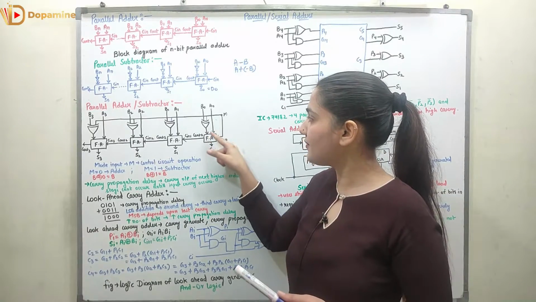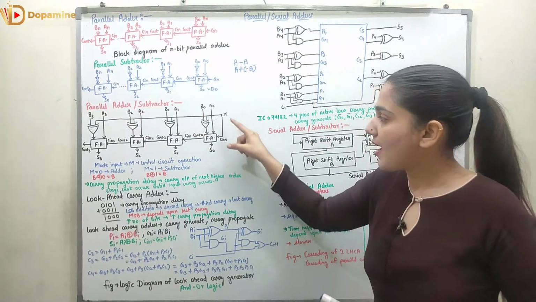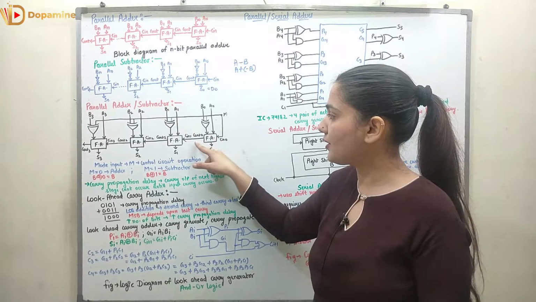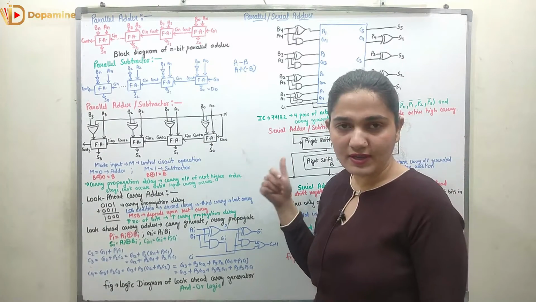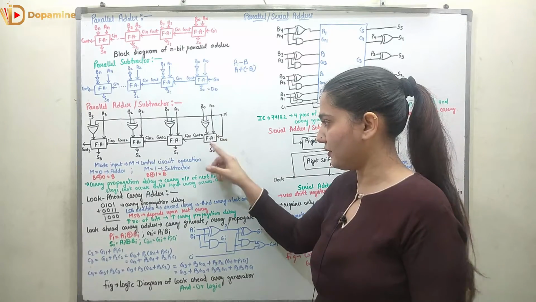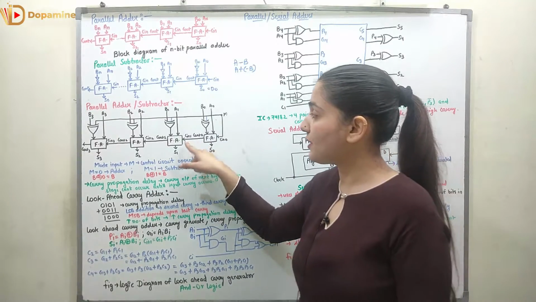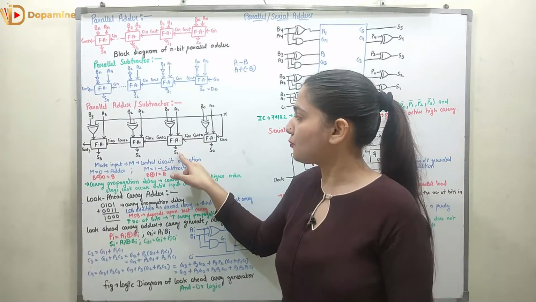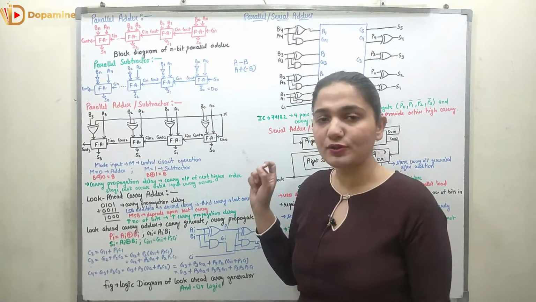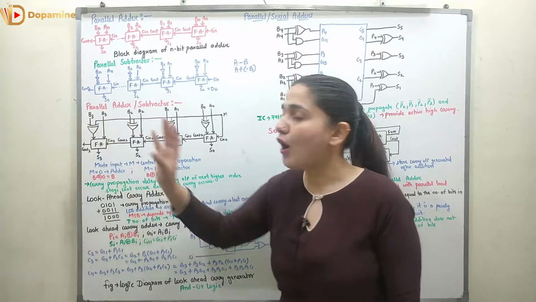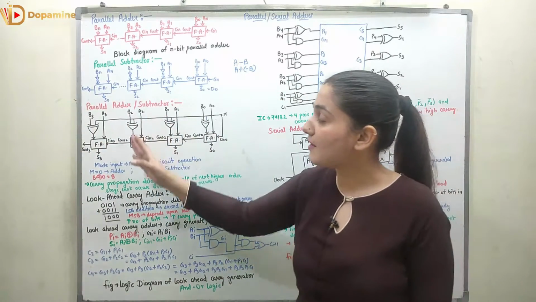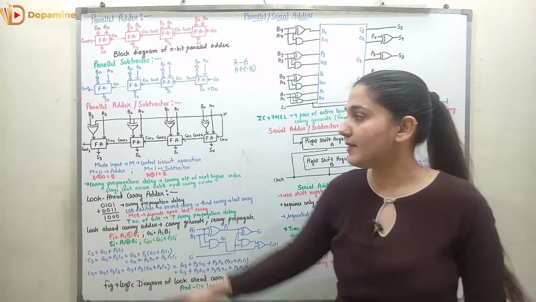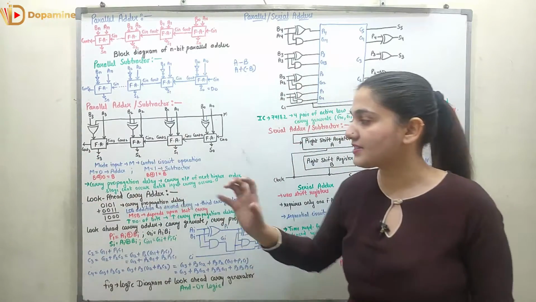So now here we will be having A0, B0, M controls, it is adder or subtractor, it is giving the two outputs S0 and C out. C in was the input carry that we had given to it, right? So C output is going as C in to the next adder, right? So it is giving me the output S1 and C out, right? So in this manner we will generate all of the carries, and these carry will propagate and it will generate the various sum or the difference term, and at last we will generate the last carry.